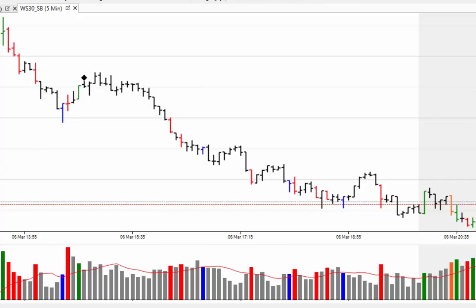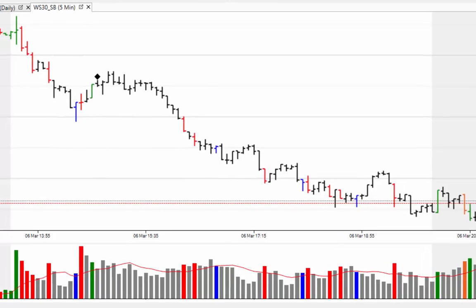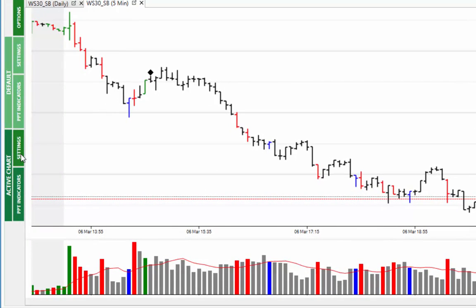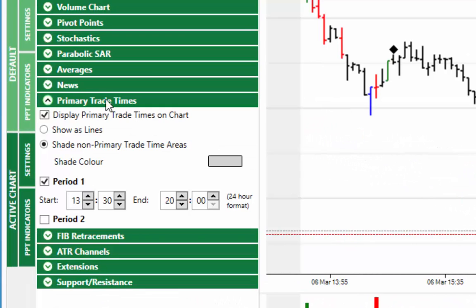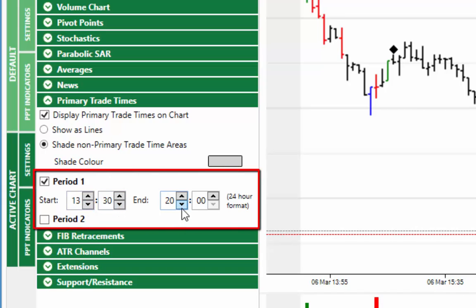Just before we get started, I need to remind you that the US moved their clocks forward to daylight saving hours in the early hours of Sunday morning. So that's reduced the time difference from the UK to New York from 5 hours to 4 hours. We need to adjust the primary trade times, which can be found in the Settings tab under Primary Trade Times. What we need to do here is adjust to 1330 and then 2000 hours for the